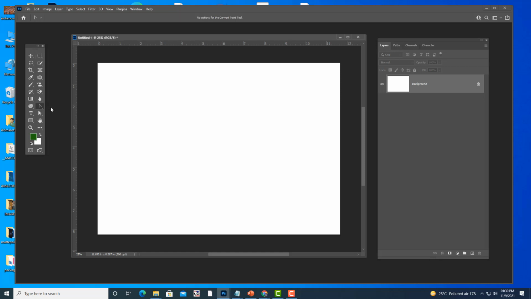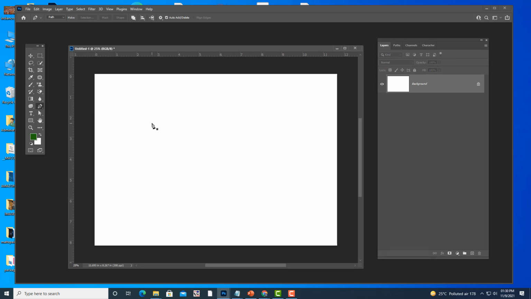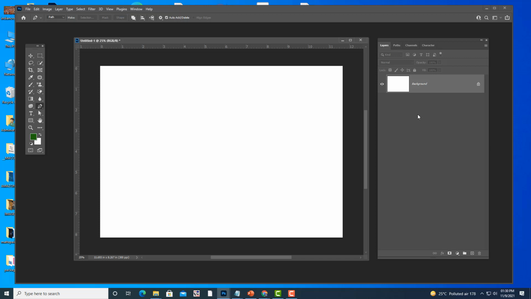I am going to create a path with the pen tool, and this time I am taking the option path. Remember this. I am not taking shape. If you take shape, what happens? Automatically one new layer will be created. But with path, a new layer will not be created. You have to manually create a new layer. So I have to create a new layer here.